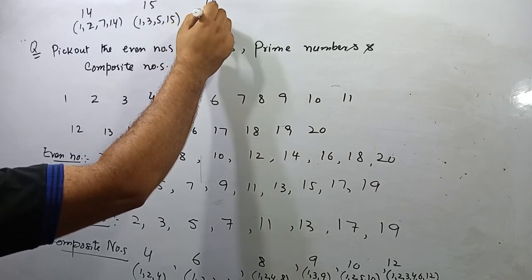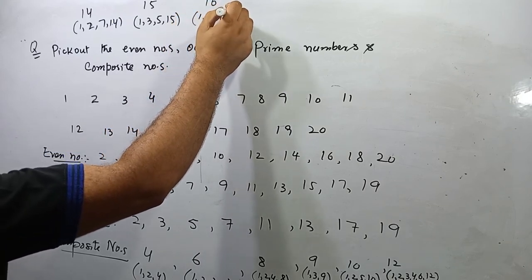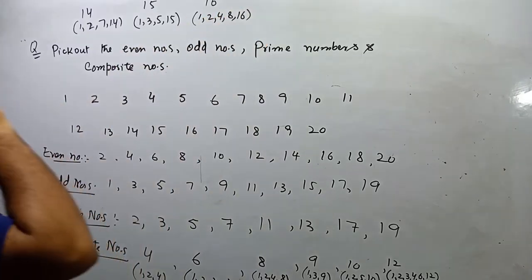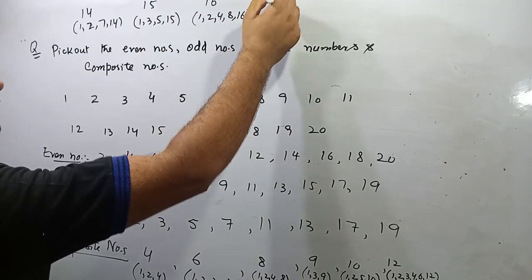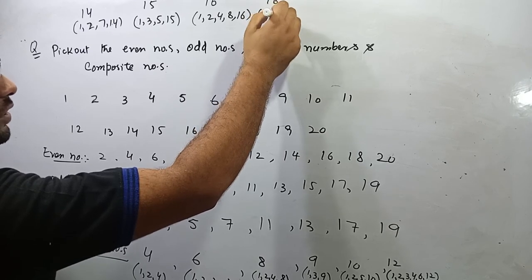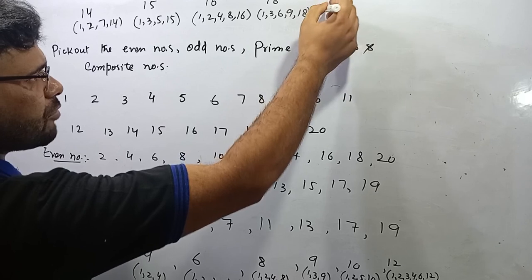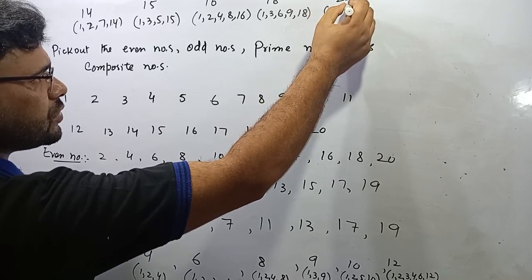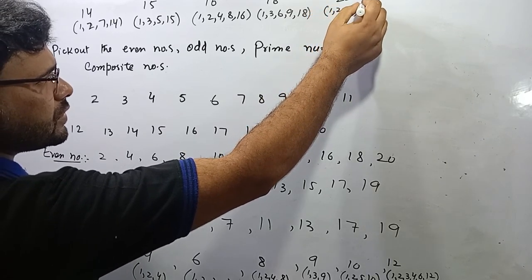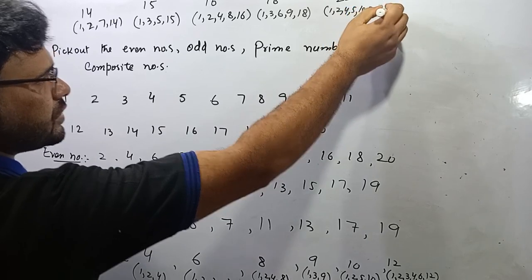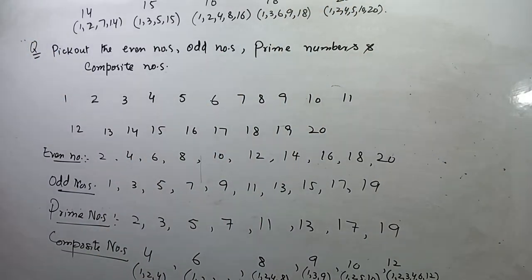Now next is 16. How many factors? 1, 2, 4, 8 and 16. And next is 18. How many factors? 1, 3, 6, 9, 18. Next is 20. How many factors? 1, 2, 4, 5, 10 and 20. So in this way, I hope that you have understood the concept of even, odd, prime and composite numbers. First we discussed the natural numbers,